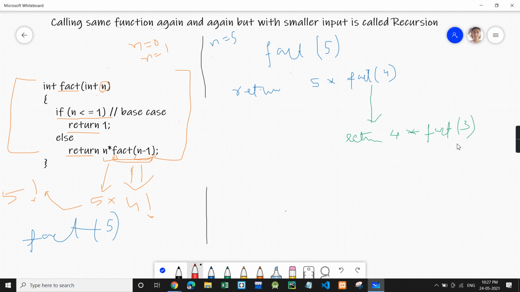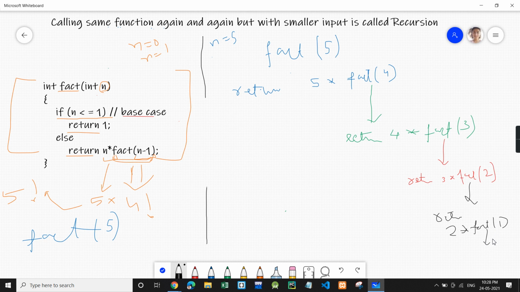Now again this recursive call will be executed. 3 is not less than or equal to 1, we do not hit the base case, we go into else and return 3 into fact of 3 minus 1, which will become 2. Then again we do a recursive call. This will return 2 into fact of 2 minus 1. n is 2, so 2 minus 1 will become 1.